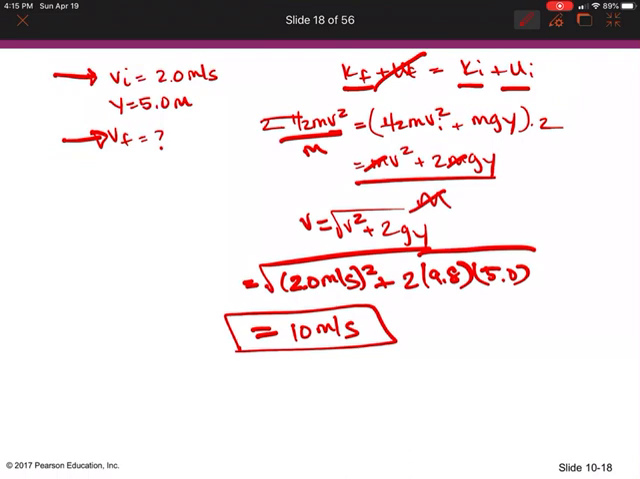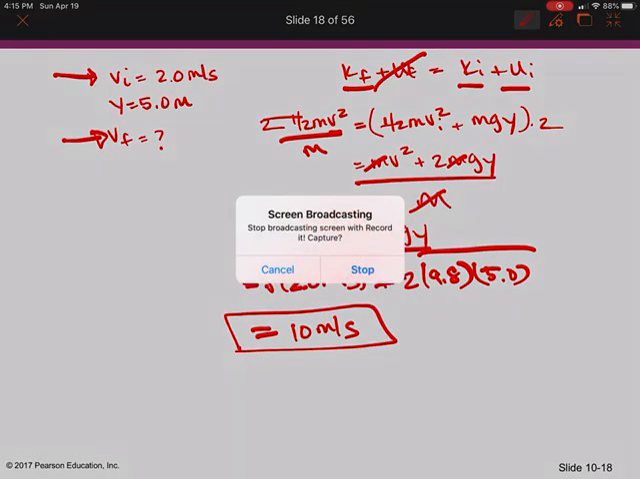All right, so there's an example where you would have some initial kinetic energy and initial potential energy, and you still have to find something from the other side. All right, so I'm going to stop the video there, and I'll start up